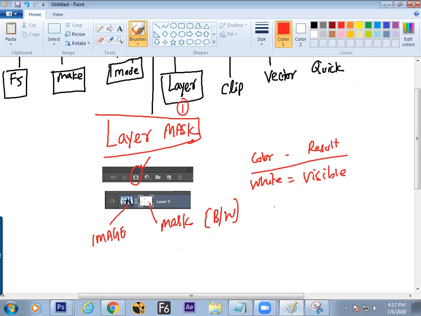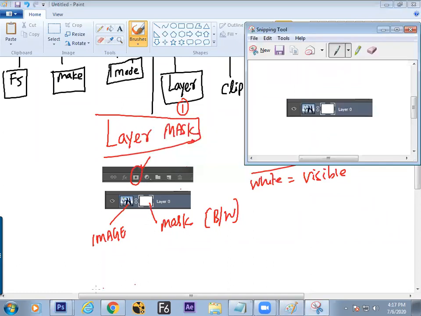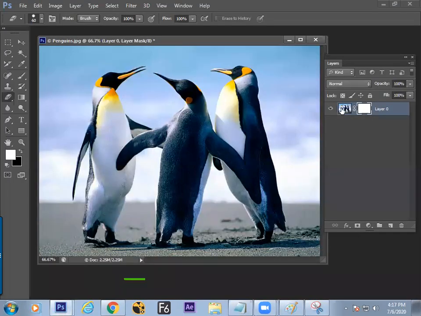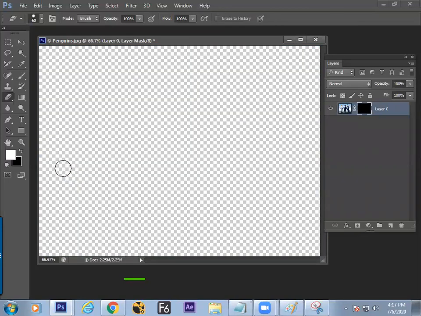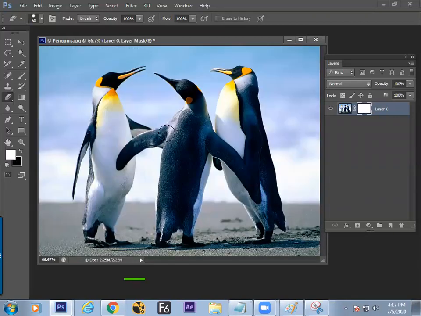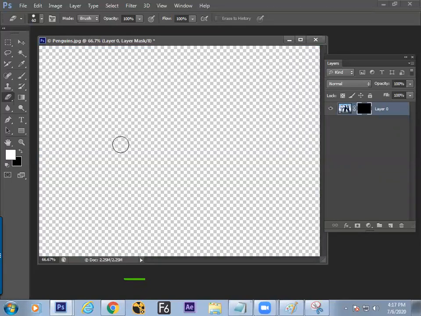Now if you fill the black here, let us see what will happen. We know how to fill the color inside the layers. It may be here or it may be in the mask. Start filling this black color on the screen. How to fill? Control Backspace. What is the result? The image hides. Now fill the white. What happens? The image shows up. Hide, show.